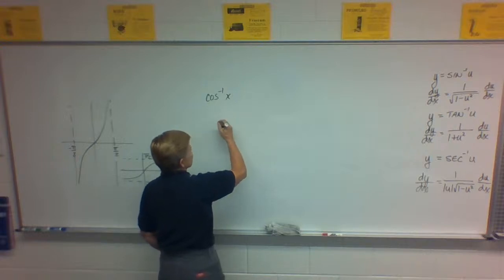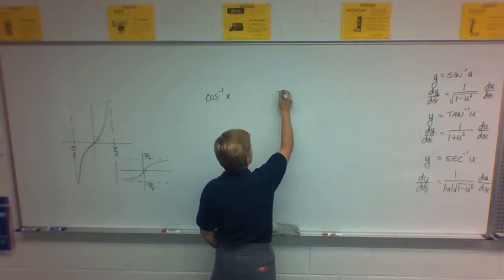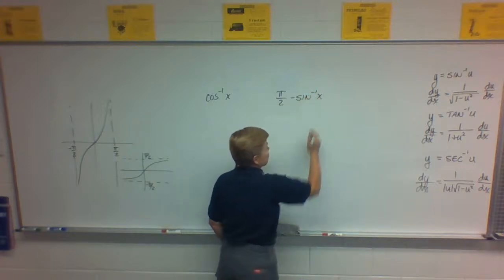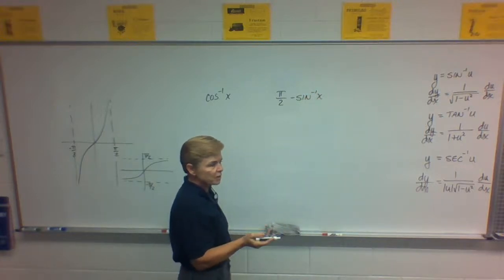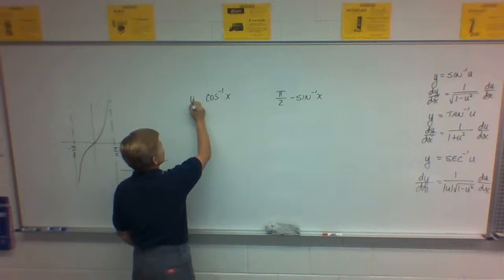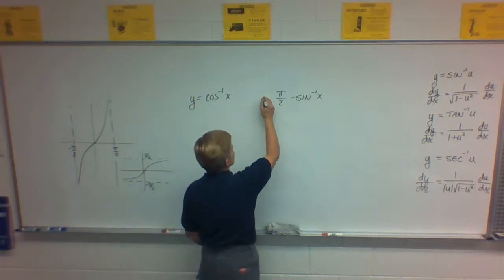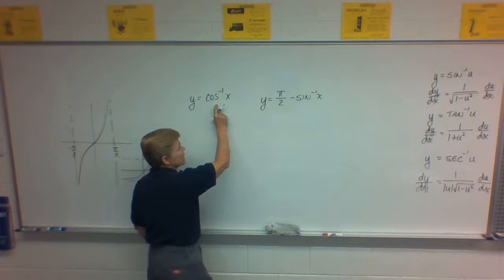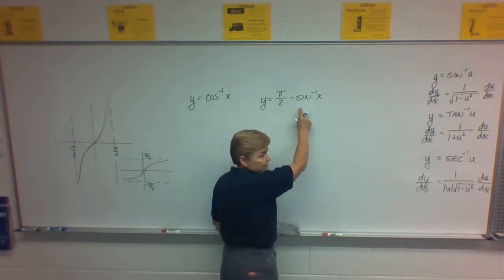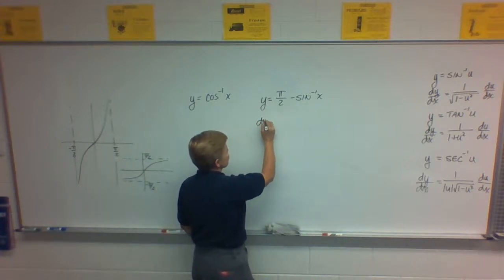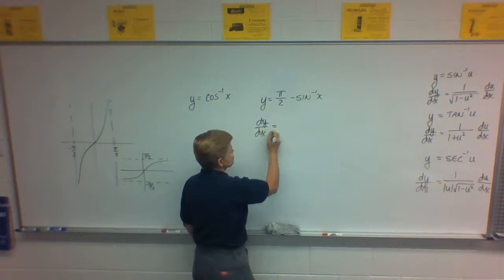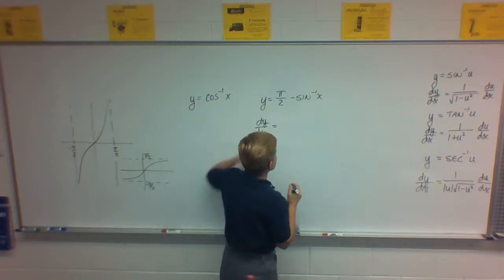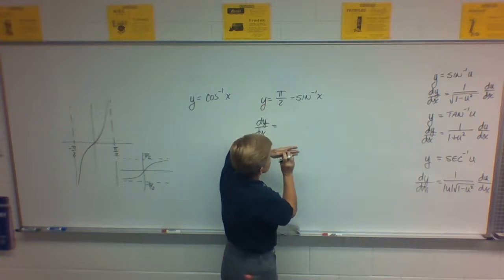wouldn't it be the same thing as finding the derivative of this? They're the same thing. So if I have y equals this, that's the same exact thing as y equals this. And while I don't know how to find the derivative of inverse cosine, I can find the derivative of this. What is dy/dx? Whatever the point. It would be the derivative of this, which is 0,